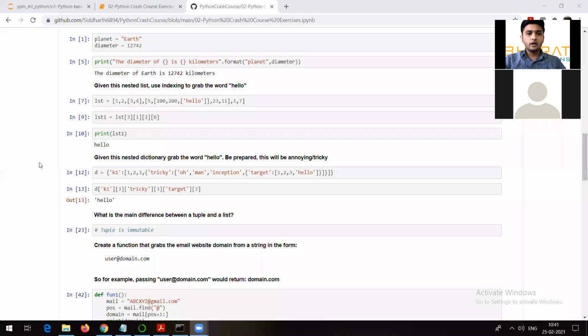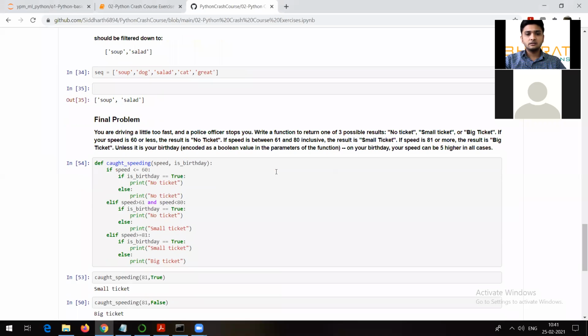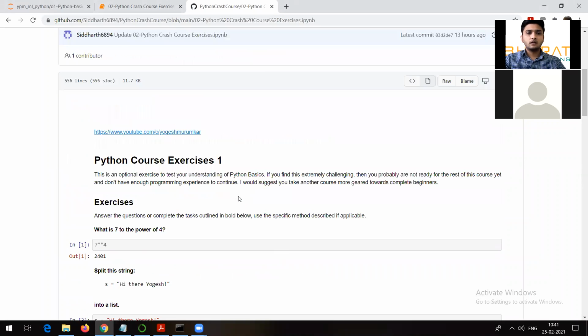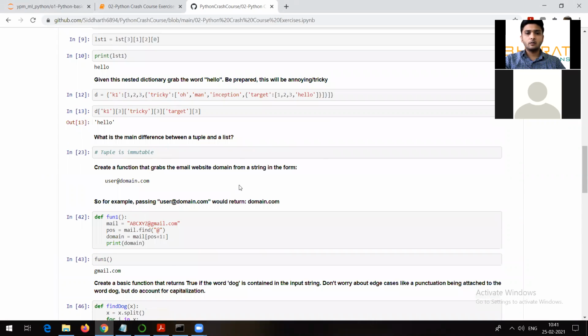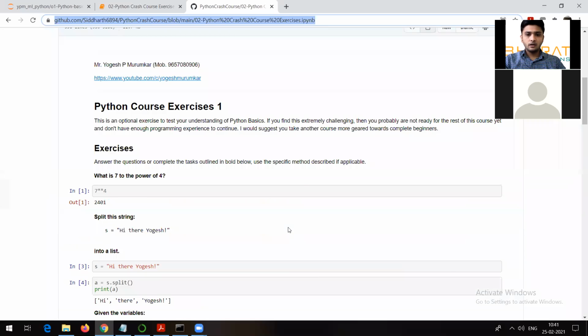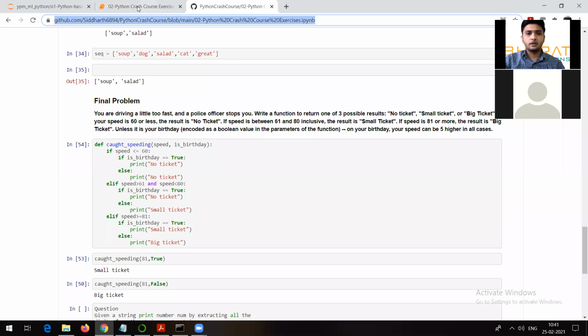So yes, people, just look at this. This is what Siddharth has done. Anyway, there are no answers for the last three questions in this case, but yes, I'll be talking about this particular point. So I hope other people will also be able to do this kind of thing. So do it. And yeah, I will be discussing these questions.